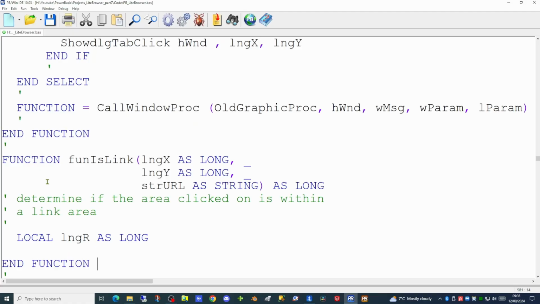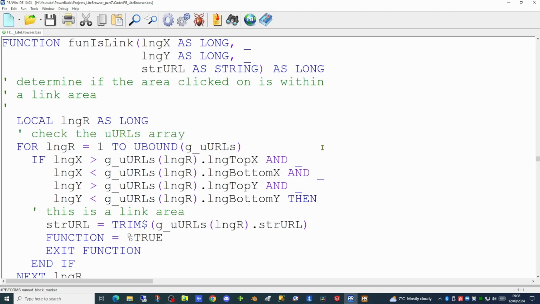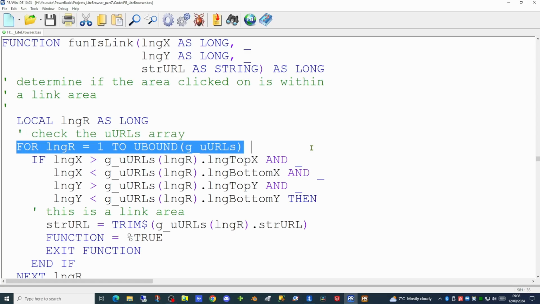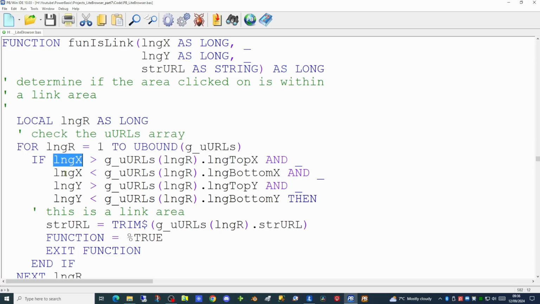We're going to use a for next loop here to step through each element of the global URLs array. So this is quite a simple function. For each element of this global array, we're testing the X and Y coordinates against the values stored within. If the X coordinate is greater than the top X but less than the bottom X, and the Y coordinate is greater than the top Y and less than the bottom Y,